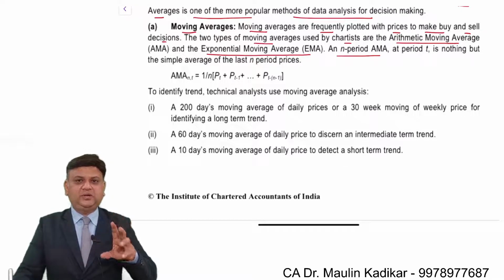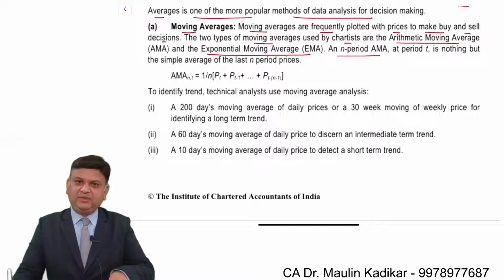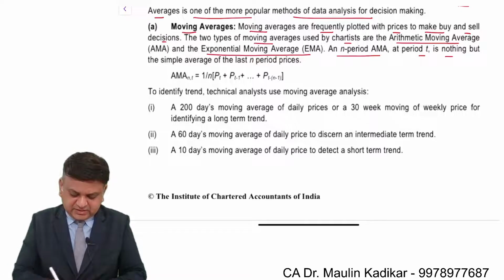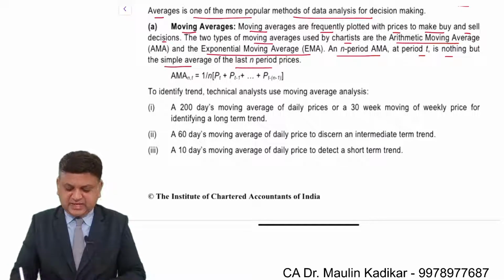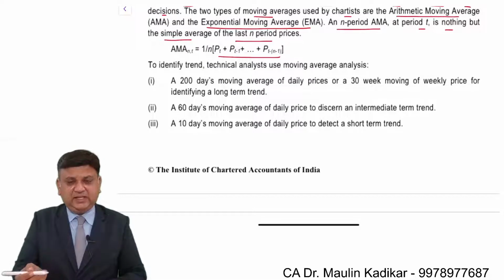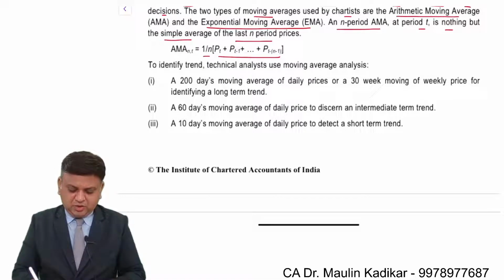N पीरियड क्या हो सकता है? कुछ भी हो सकता है, वो 10 दिन भी हो सकता है, 50 दिन भी हो सकता है, 200 दिन भी हो सकता है। At time period t is nothing but the simple average of the last n period prices. देखो लास्ट n पीरियड प्राइसेस, तो क्या किया जाएगा? ये जो भी नंबर ऑफ डेज लेने हमको, उसका क्लोजिंग प्राइसेस और उसका 1/n।